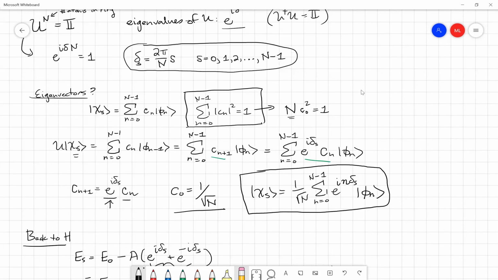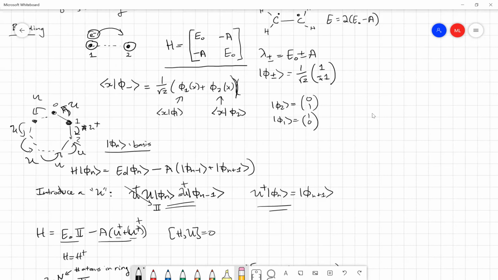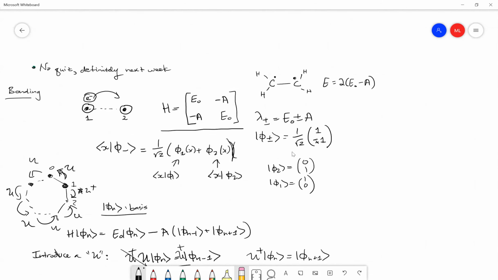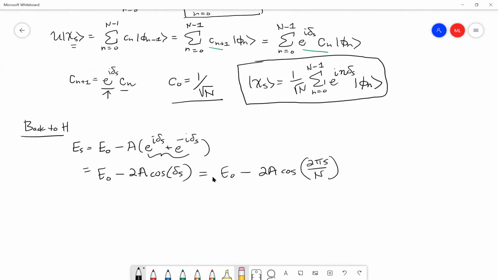Before, when we just had 2 carbons hanging out, our eigenvalues were a little simpler. They were just plus or minus a. Right now it's a little bit more complicated. We get E0 minus 2a times this cosine. So you can actually get a smaller value. So it's a little bit more complicated, right? When this is 1,